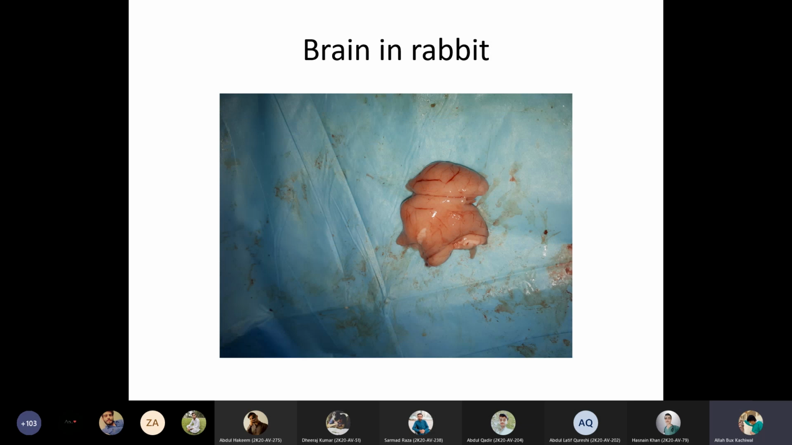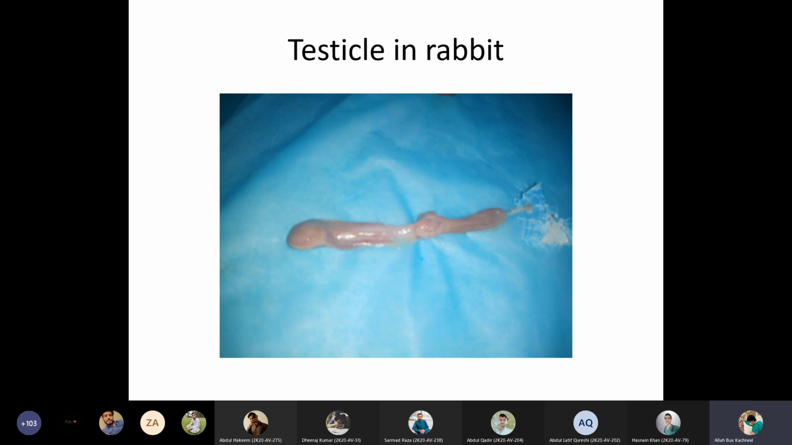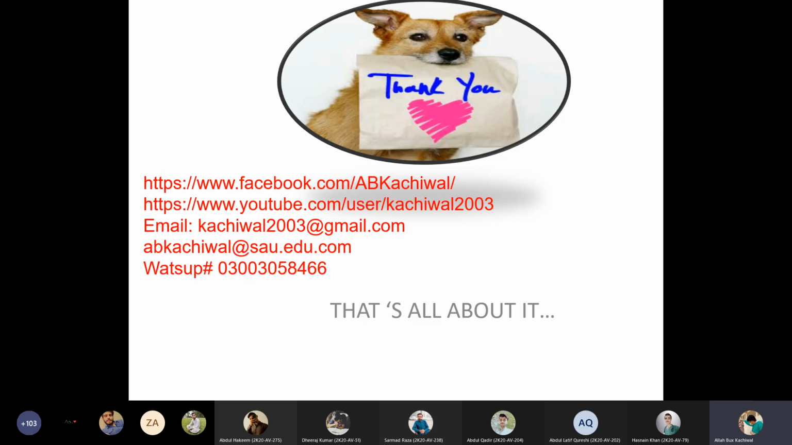This is the testicle of the rabbit, and when we perform this dissection, then definitely we will locate all these organs present in the rabbit, present in the cat, present in the rat. So we have discussed over here the anatomical structures as well as the location of the different organs or endocrine glands, especially where they are being